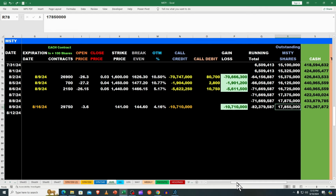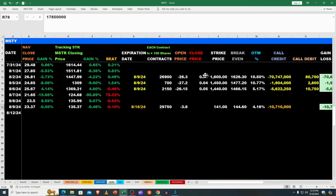So what kind of trades? Well, the thing that was hanging out there was these guys. This one was showing 1 cent, but obviously they found a way to charge us three, 4, and 5. But that's minuscule. Look at the open prices: $26, $27, $26. So that's fabulous. Happy to get those off the table, even though we knew we were gonna